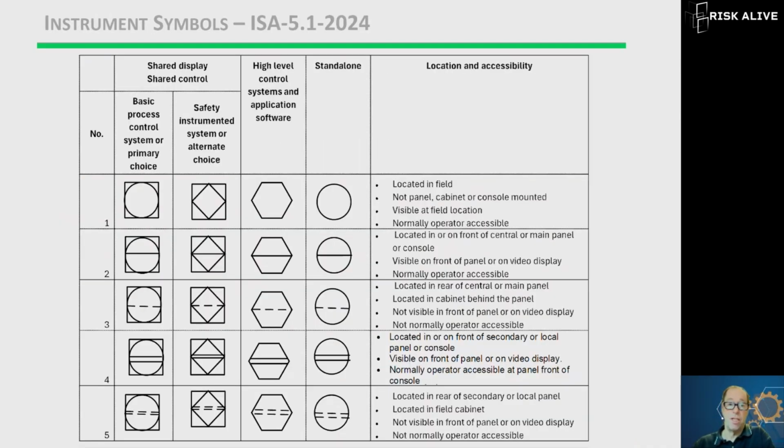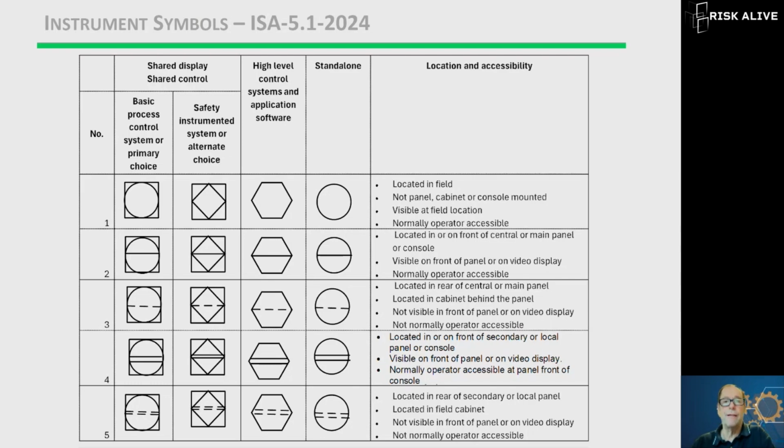Now, just to continue, we're taking little snapshots through the course to give you an idea of what we're going to talk about. We will spend some time on the symbology. And again, maybe this is a bit of review, but it's fundamental to being able to read our P&IDs to understand the symbology. So this slide comes directly out of ISA 5.1, and you'll notice the 2024 version. So it's been fairly recently updated, but that shouldn't scare you because the updates are more tweaks than huge. If your plant was made 20 years ago, you're probably going to find that this symbology is 95% the same. It's simply been modernized a little bit.